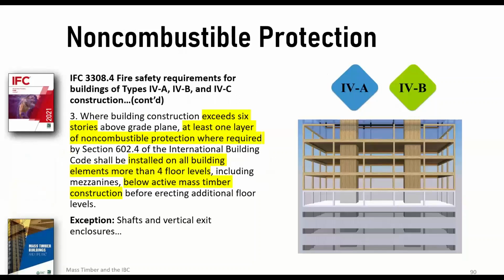They also have a provision in the IFC for non-combustible protection. This is the stuff that Paul talked about. So where a building exceeds 6 stories, at least one layer of non-combustible protection, where required by section 602.4 of the IBC, shall be installed on all building elements more than 4 levels below the floor of active mass timber